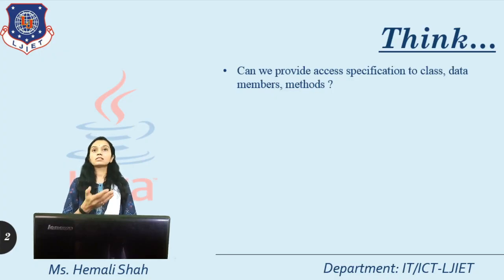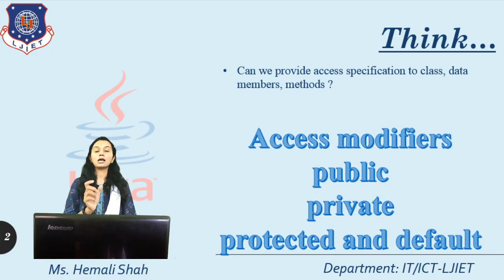If you want to provide such a mechanism, then this is possible in Java by using the access modification mechanism. And this access modification mechanism you can provide by using the keywords public, private and protected. Now whenever you are not using these three keywords, it basically provides the default access specification mechanism. So these three keywords are basically used as the access modifiers concept. This means you can decide the scope to access of a class, data member, functions and constructors in Java.